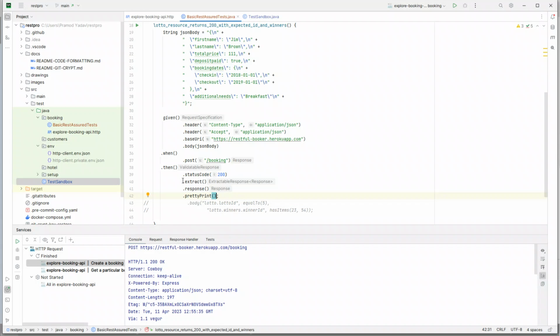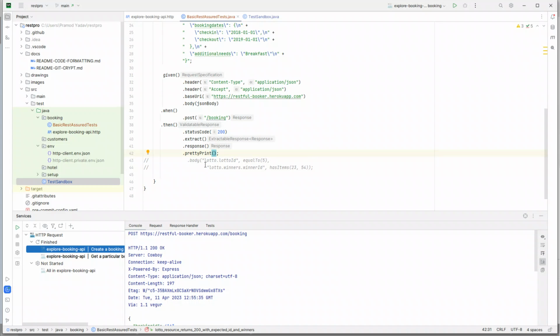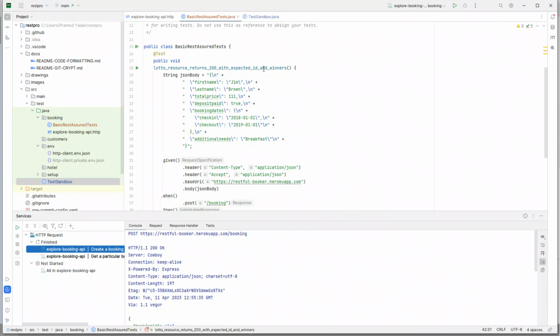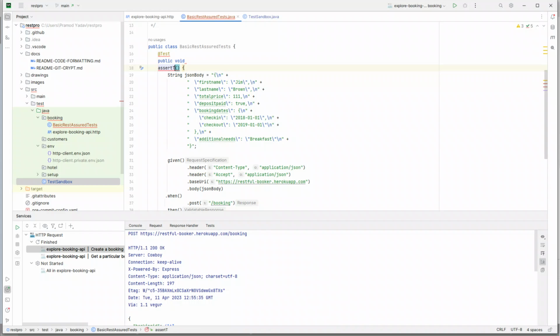So what I'm going to do is I also want to print out the response so that we can see what the response was, right? Let's also change the name of the test. I typically like to name my test with something like assert that, and then I say assert that user can